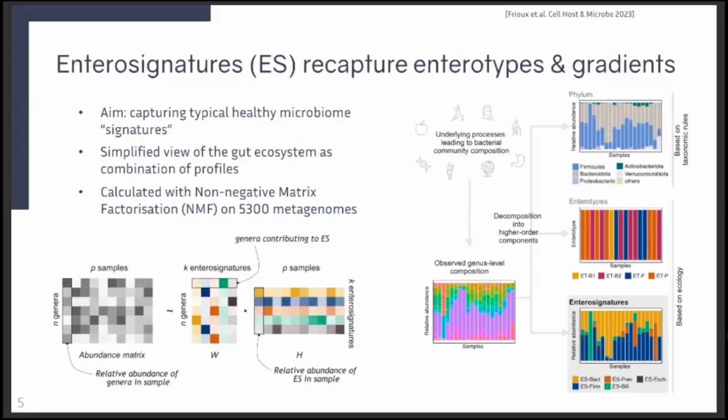What NMF does is the following. It is an optimization problem that aims at decomposing the original abundance matrix into two matrices that, when multiplied together, will approximate the original one. And these two matrices introduce the profiles, the aggregations of features that I mentioned. Here we call them entero signatures. So the first matrix, W, would describe the composition of the entero signatures. And the second one will give you the information about the relative abundance